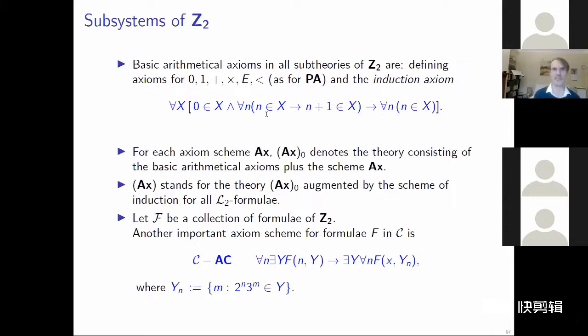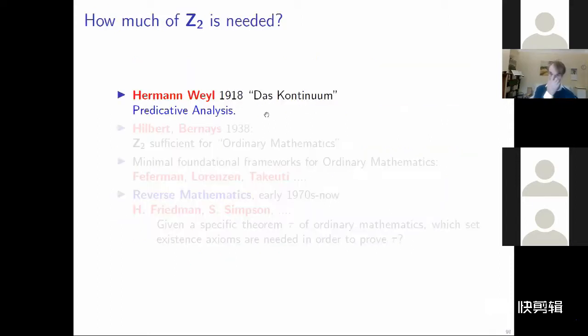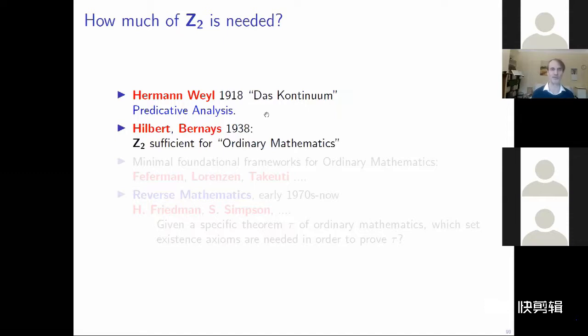And then this leads to subsystems of second-order arithmetic, where you indicate how much comprehension you use. And it was already observed very early on that in most of mathematics you don't need very much of this comprehension. So Hermann Weyl in 1918 made an honest attempt to develop analysis with very modest means. As I said, Hilbert and Bernays observed that fragments of Z2 are sufficient